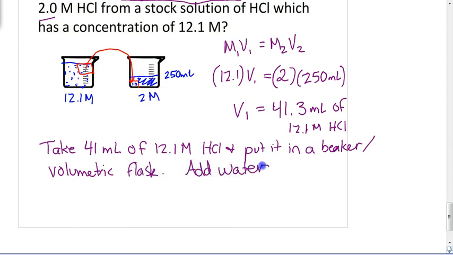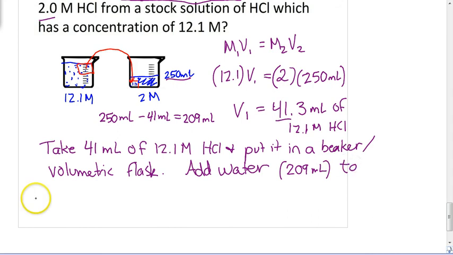We can calculate how much water we would need, right? Because we want the total volume at the end to be 250 milliliters. So 250 milliliters is the final volume that we want. We're going to be using 41 from our stock solution, so the rest has to be filled with water. So that gives us a difference of 209 milliliters. So add water, 209 milliliters, to the HCl solution,